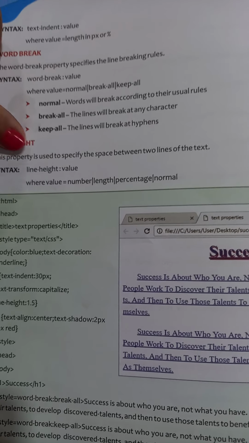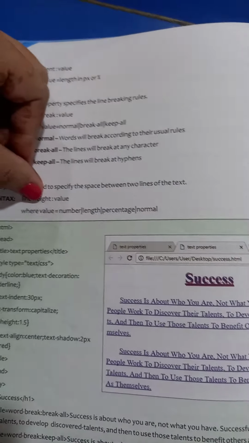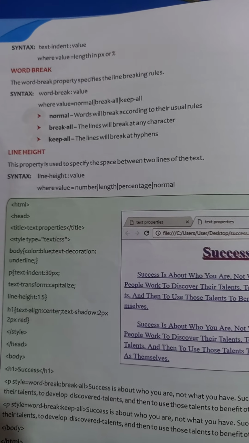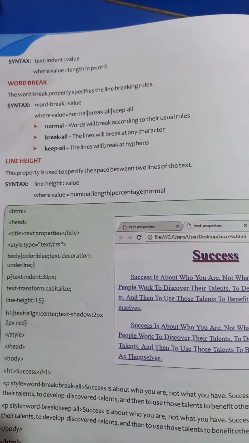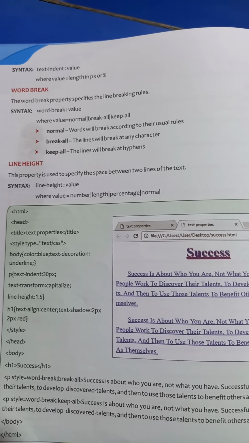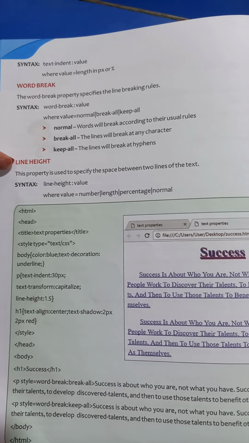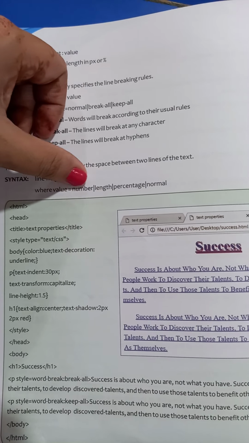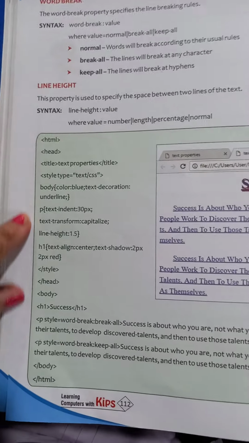Line height means this property is used to specify the space between two lines of text. If you want to create space between two or more lines, then you have to write line-height. We can also use this in Word, where it is the line spacing option, where you set your particular line spacing like 0.5, 1.5, 1.0, 2.5, any spacing you can choose. So as per the requirement you can do the same here, right? The syntax for the same is line-height: value, where the value can be a number, length, percentage, normal, anything you can write. The coding for the same is here.